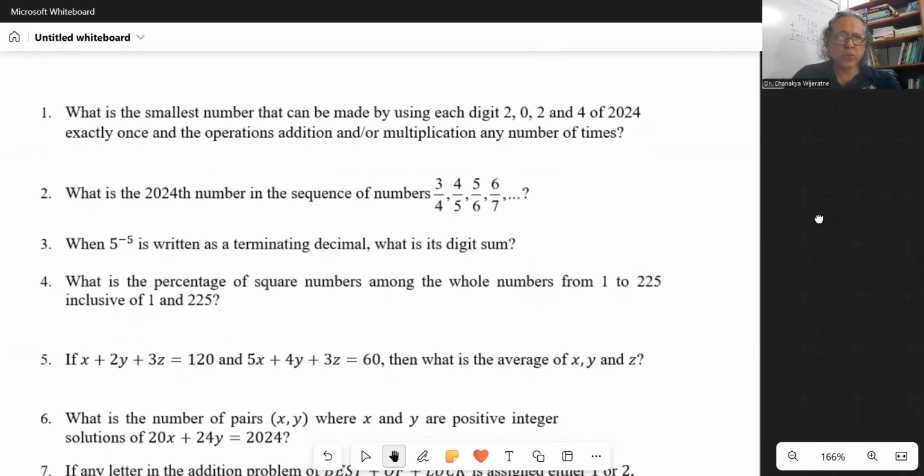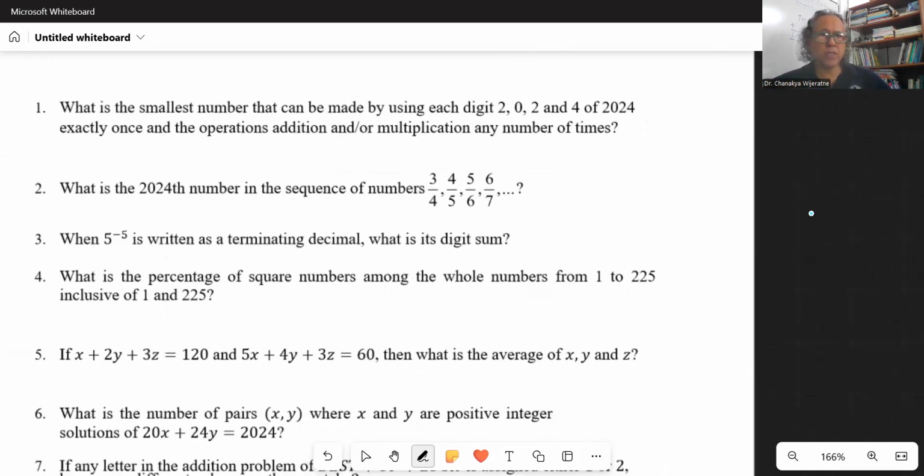Okay, first question. What is the smallest number that can be made by using each digit of 2024 exactly once, and the operations addition and/or multiplication any number of times? Now, here, a key observation is that there's a 0, and when you multiply a number by 0, you get 0, and 0 is the smallest. You can't get a negative number from these digits by using addition or multiplication. So 0 is the smallest, and we can get 0 by